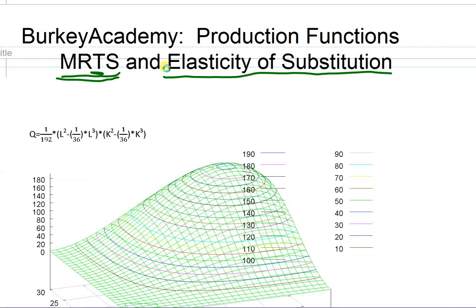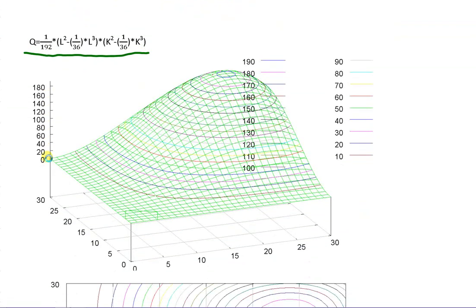But first, let's just look at a production function. Now, this is one that is a little bit not typical. It's an atypical kind of production function. Don't worry about this functional form. This is kind of wacky, but the reason is, just to start, I wanted to look at a production function